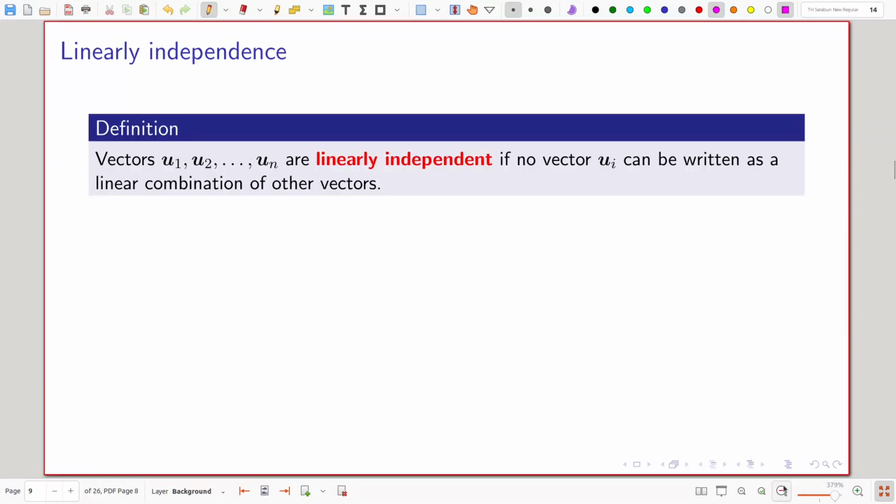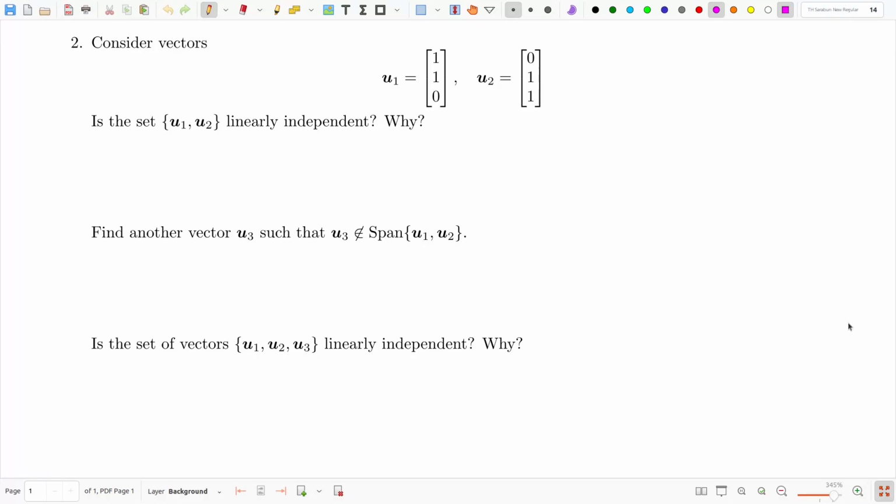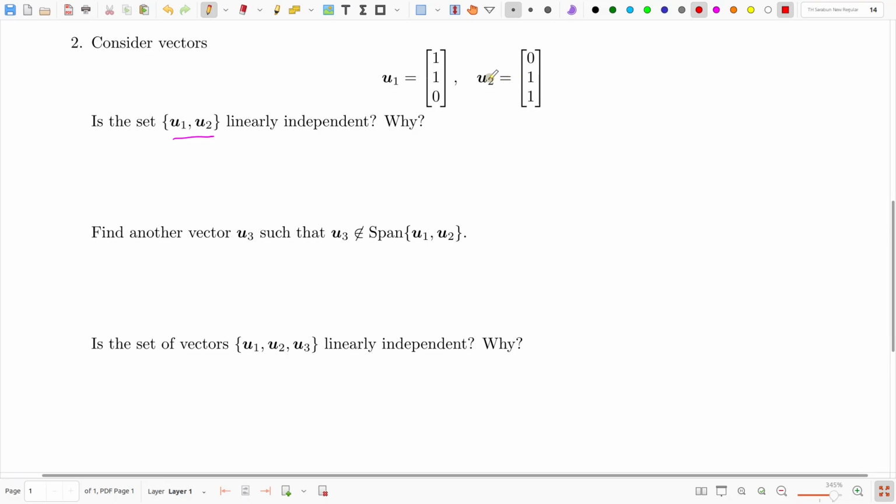So the concept of linear independence is not that easy to understand, okay, but you should try to be familiar with it. Take the exercise: U1 and U2, is this set linearly independent? Why is this set linearly independent? So you have two vectors, right? If these two vectors are not linearly independent, it means you can write U2 as a linear combination of U1, right? But U2 cannot be written as a linear combination of U1